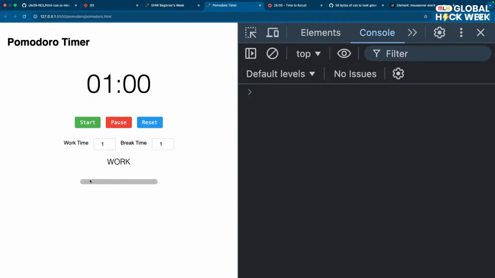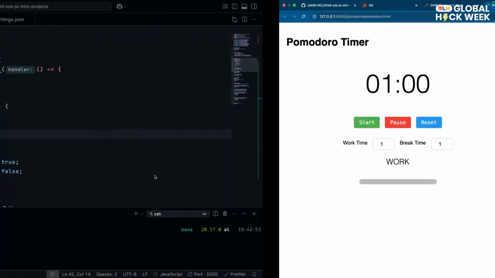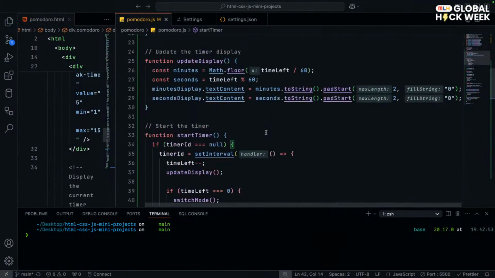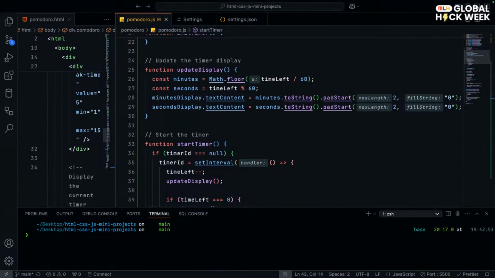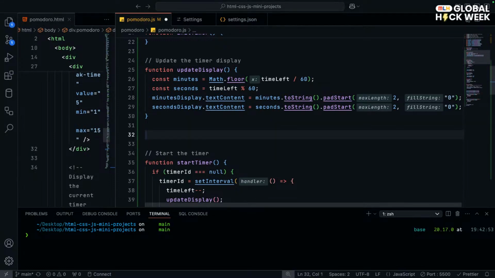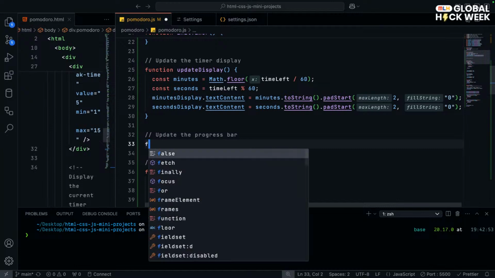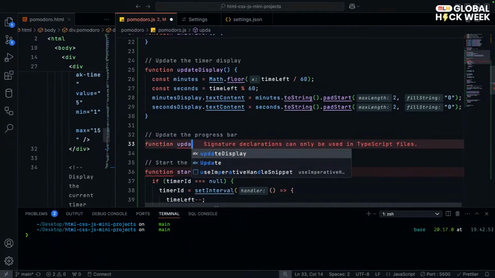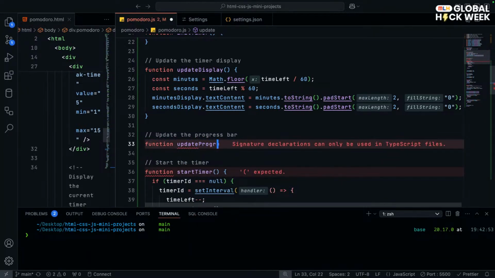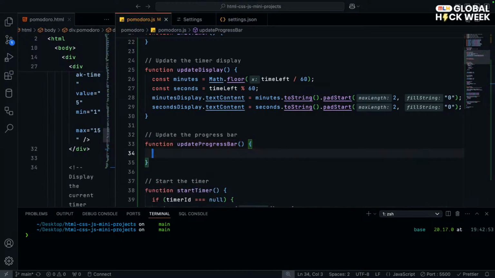Now finally we want to update this progress bar. Okay, so let's do that quickly. Okay, right here, let's create a function to update the progress bar. We can do function update progress bar. And now inside this, what we want to do is